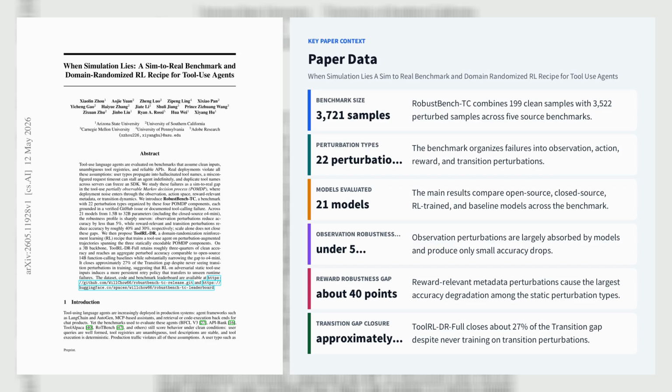Let's explore the third paper, When Simulation Lies: A Sim-to-Real Benchmark and Domain-Randomized RL Recipe for Tool-Use Agents. This paper reframes tool-use agent failure as a sim-to-real problem in a partially observable Markov decision process, where deployment noise can corrupt observations, action sets, reward-relevant metadata, or transition dynamics. The authors introduce RobustBench-TC,